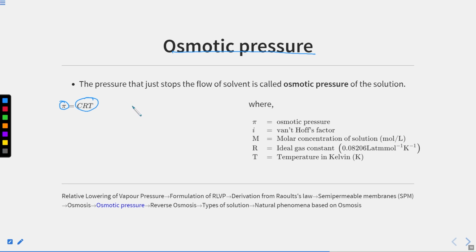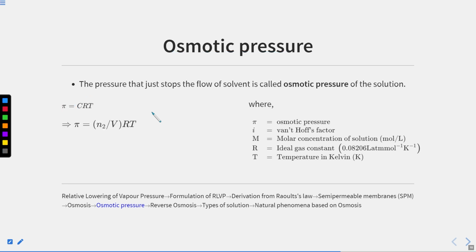You get my point? What is osmotic pressure? It is the pressure we apply on the higher concentration side so that we can stop the flow of solvent particles from the lower concentration to the higher concentration, right? So if we evaluate this formula further, we'll put concentration